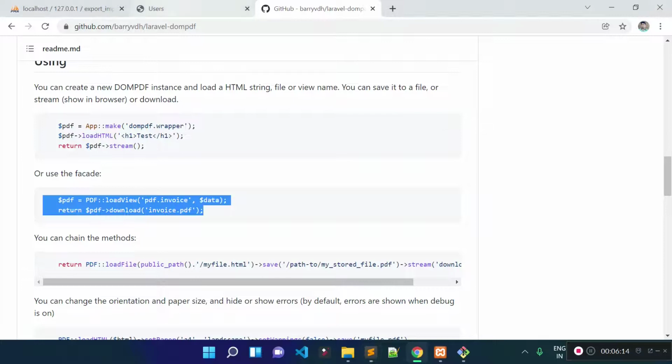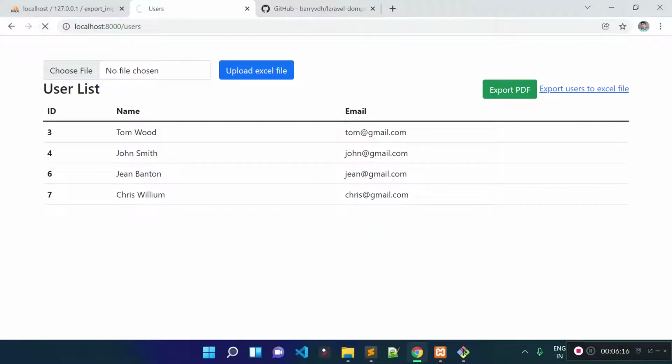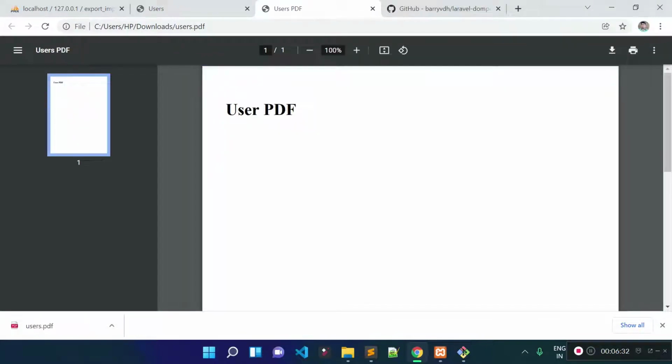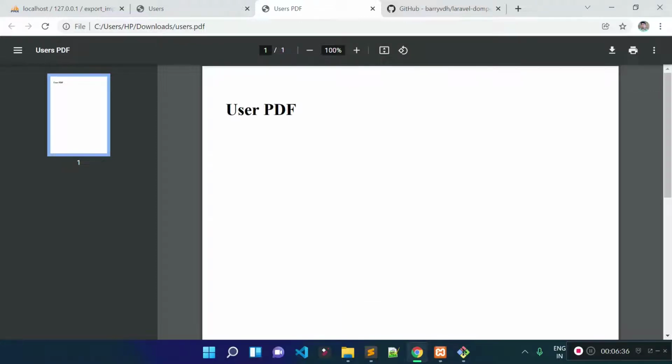Now let's try to execute the export PDF function again. Let's click on this button. You see a PDF file is downloading, users.pdf. Let's open the file. You see now we have a PDF file. So we successfully generated the PDF file, right?